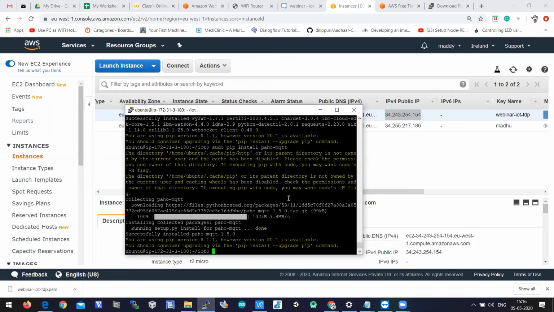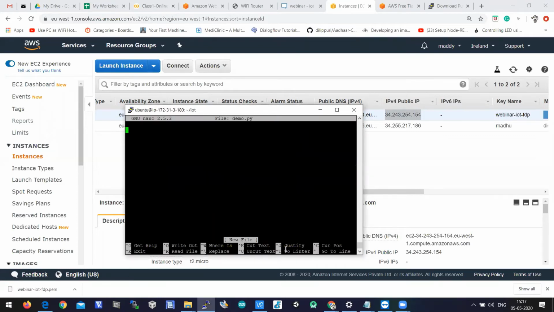The others, please create a program. Let us execute the sample programs. sudo space nano space demo.py, enter.